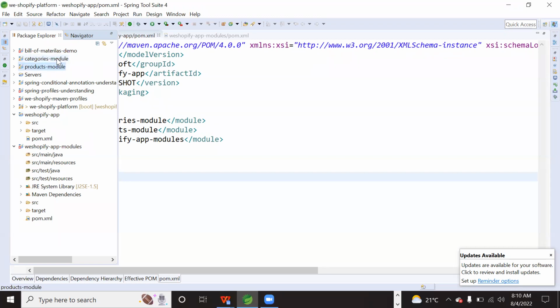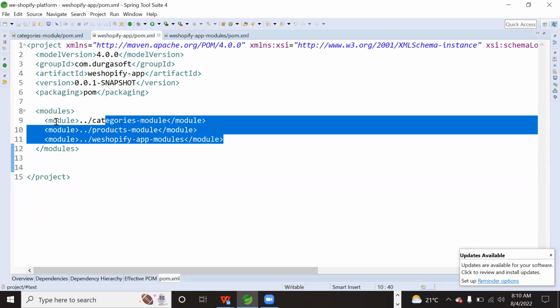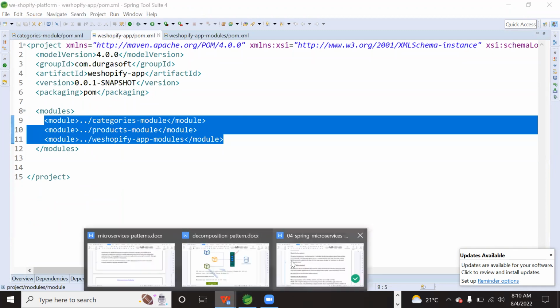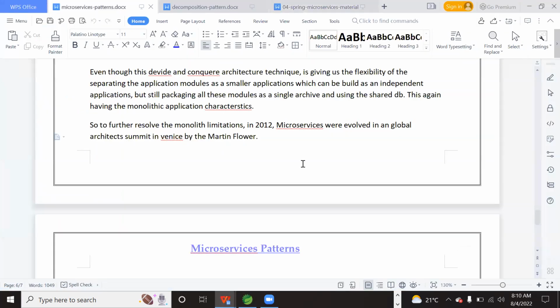The modules are divided into external applications, but these modules are again conquered together, right? So most of the architects replied that they are using the divide and then conquer policy, but they are facing the problem of the single archive. They are building it as a single archive. So again, it is behaving as a monolithic application.